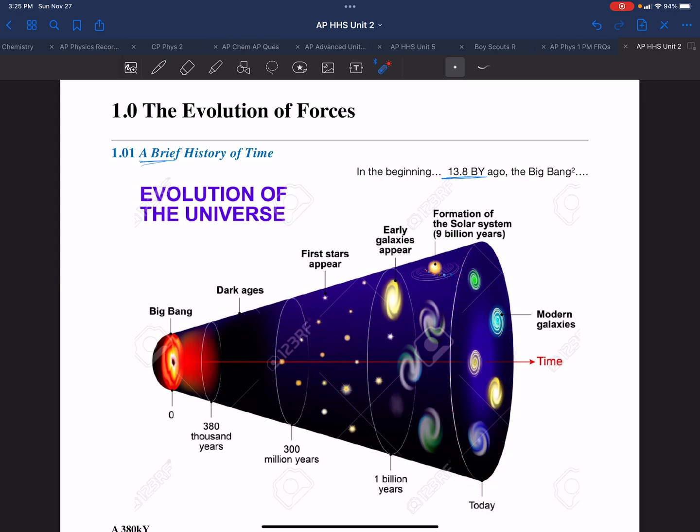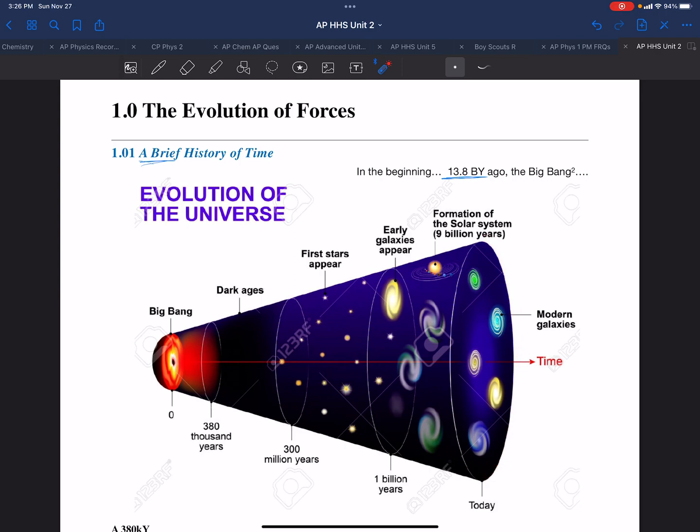And so what this diagram depicts is the evolution of the universe from its very beginnings as a point, a size where all the mass and energy in the universe was located at one point in an instant in time 13.8 billion years ago. The universe expanding and going through several different eras leading up until now. And so what this represents, if you view this as a slice through this cone that you see here, the entire universe is depicted as residing on this surface.